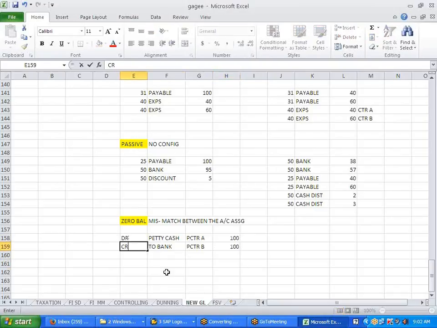Now suppose you are trying to pull a report for profit center A. Can I get the reporting if it is having a debit balance? Forget about the GL level. We are trying to pull the reports below this level. So what will happen? So how it will generate is